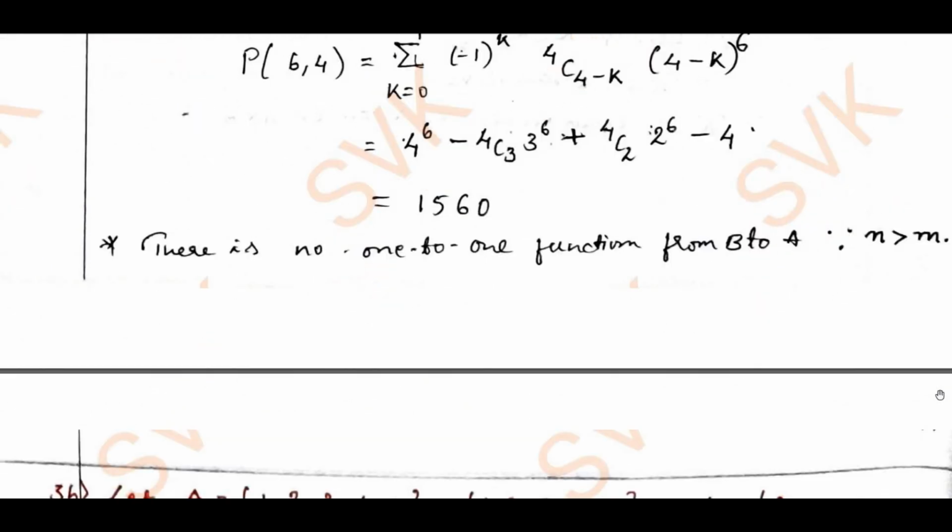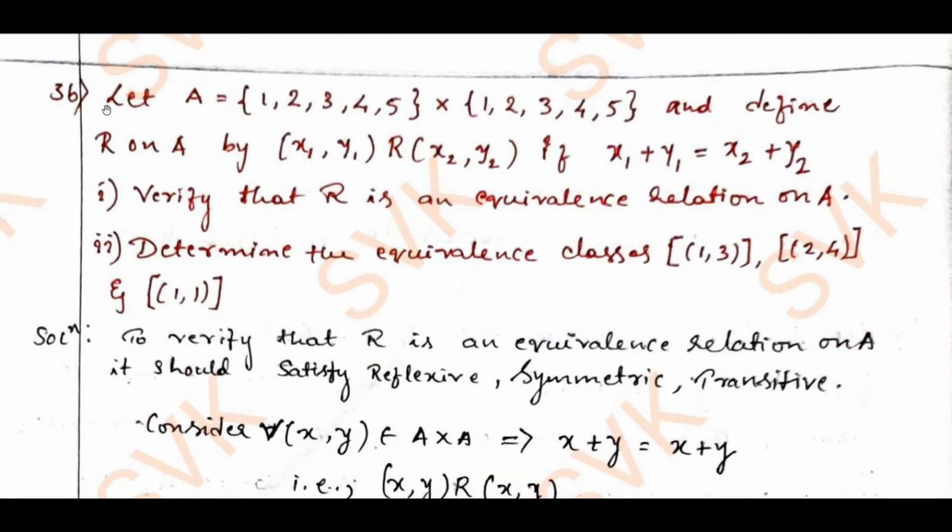Moving on to question number 3b. This is the given question. Let A equal the set {1, 2, 3, 4, 5} crossed with another set {1, 2, 3, 4, 5}, and define a relation R on A. The ordered pair (x1, y1) is related to (x2, y2)